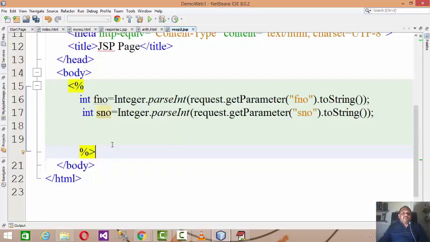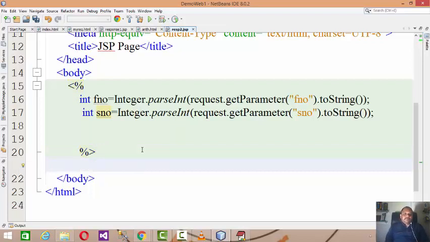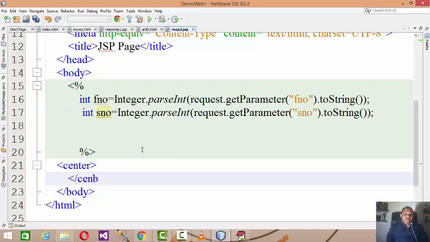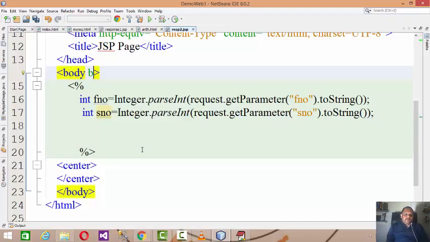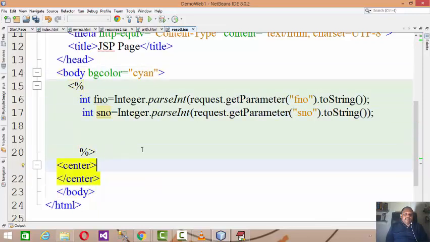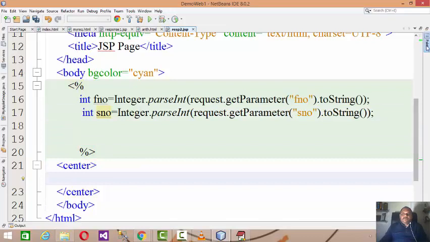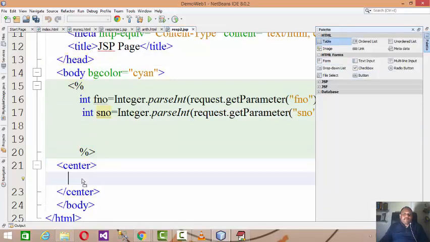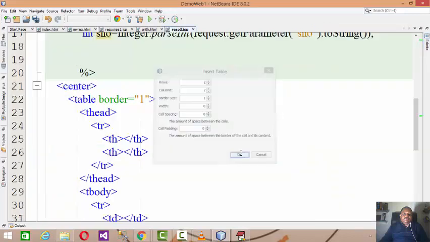Now if you want to display all the arithmetic over here, then what I can do is again make it a center line. I have a background for that. This is for the beautification. Then why don't you have a table to align the things?